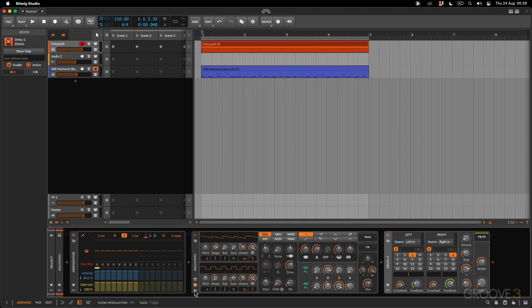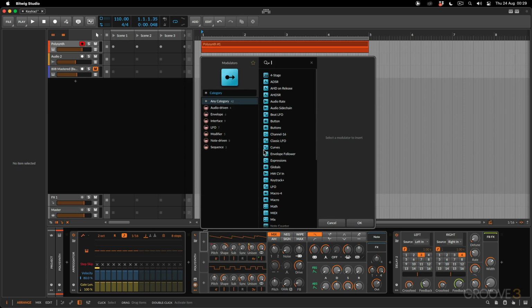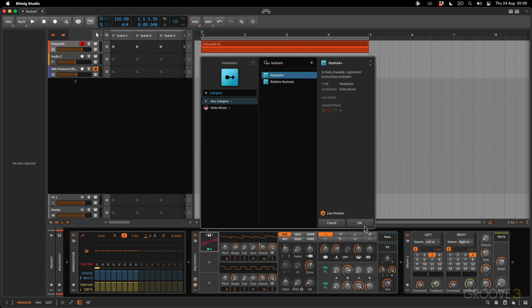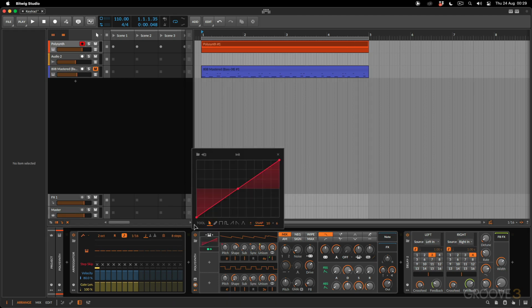Now, on the polysynth, I just need to open up the section here so I can see where I can add the modulators. I'm going to click here, and I'm going to search for the KeyTrack. So here's the KeyTrack Plus. I'm going to add it. And what you've got here is a grid that is going from the bottom corner all the way to the top right. Now, if I hit C3 on my keyboard, you can see it's triggering the center over here